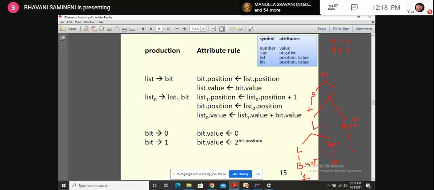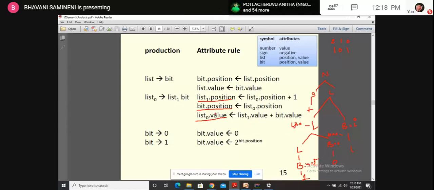And now we are reducing LB to L, means this to this one. So here we are having two attributes, list position, bit position, and list value. Three semantic actions I have to perform. So L dot POS we have to fill here, and here bit dot POS. Now bit dot POS I have to fill, and list dot 0, means this is a 0 and here they have given 1.